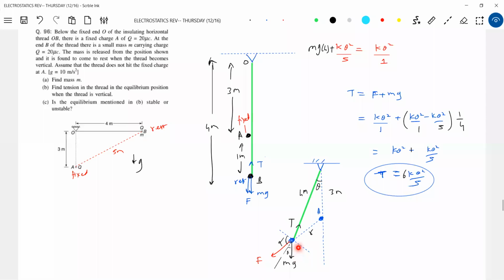So when it is stable, the net force should be towards right, but the net force is towards left here. Then cos alpha decreases. Okay, F cos alpha. Alpha decreases, cos alpha will increase, no? Then F is also increasing. Cos alpha decreases, sir. Alpha increases. Alpha will increase and become pi by 2. If we see the stable equilibrium in this figure, when it is coming back, alpha will increase and become pi by 2. Cos alpha will decrease, and F is increasing.